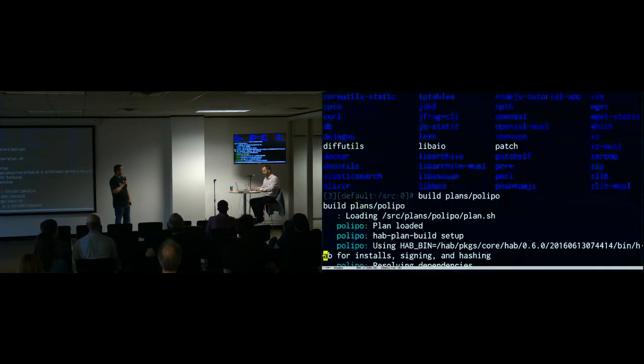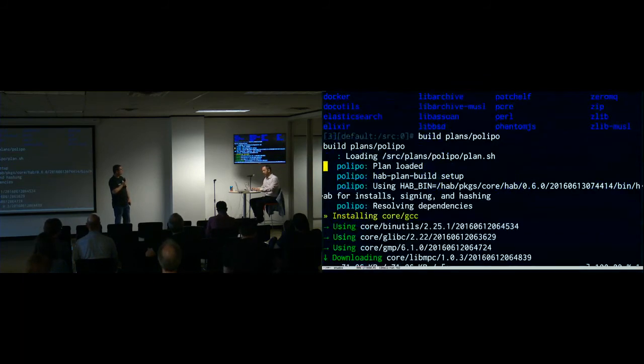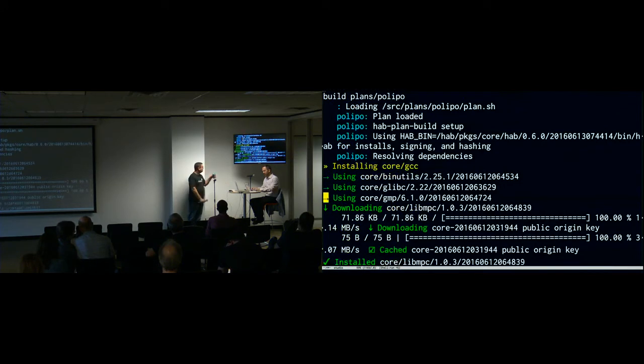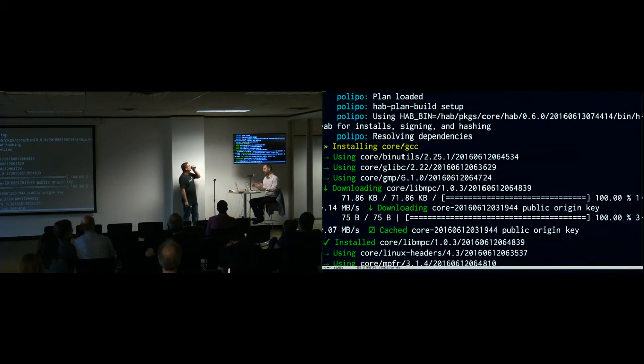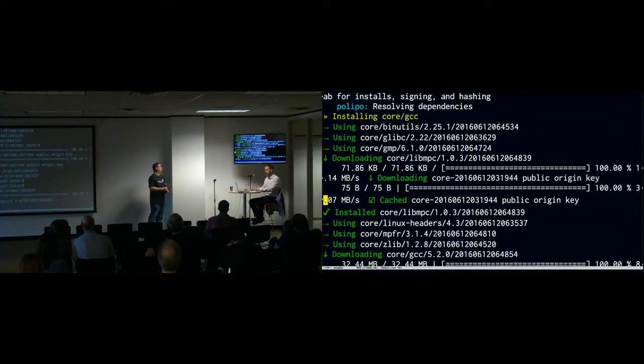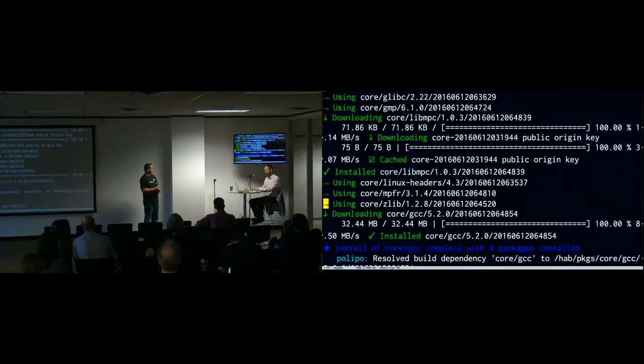So looking up at the top, we're loading our plan, calling hab plan build setup, which version of hab that we're using. Looks like I have an old version. And then it's going and installing GCC. GCC has some dependencies. I didn't specify my version of GCC, so it's going and saying, well, I just grabbed the latest, and here's what it's using, and here are the dependencies that GCC has, some Linux headers, some zlib,